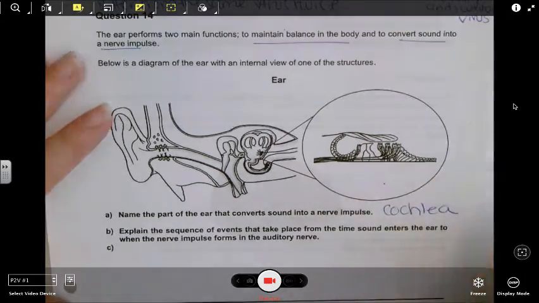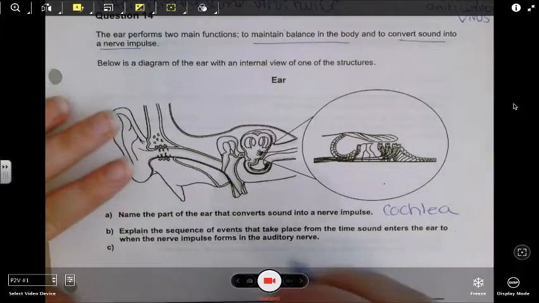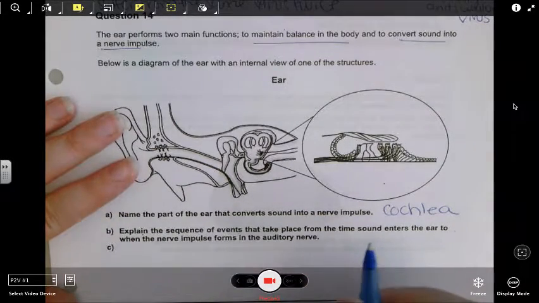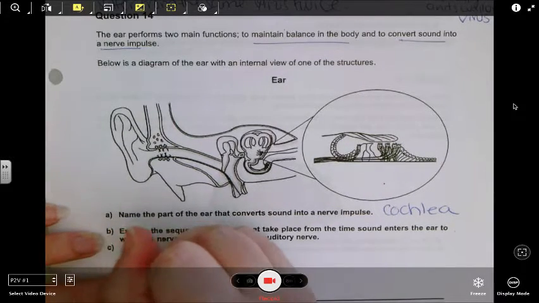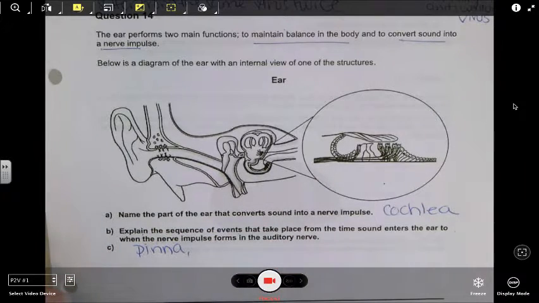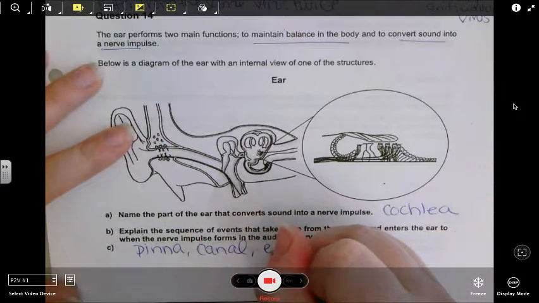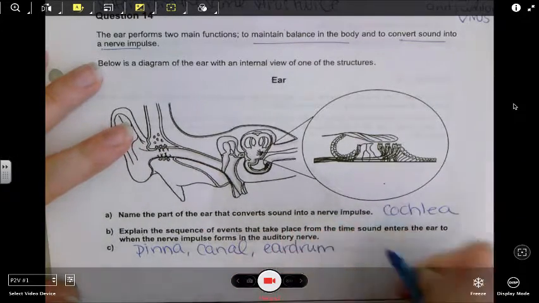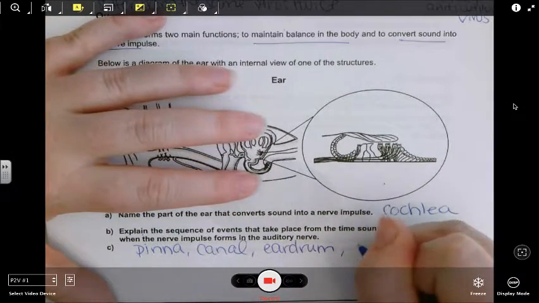Okay, and then part B, explain the sequence of events that takes place from the time the sound enters the ear to when the nerve impulse forms in the auditory nerve. So what I would write here is the series of how it enters through the pinna. You should write it out. If it's on an exam, I want you to write it out properly, but since we're doing a video, I'm just going to write out the steps quickly. It goes into your pinna, which is the main part of the outside of your ear that you can see. Then the canal. Then it has to go through your eardrum. So your eardrum vibrates and mimics the sound waves that are coming in,